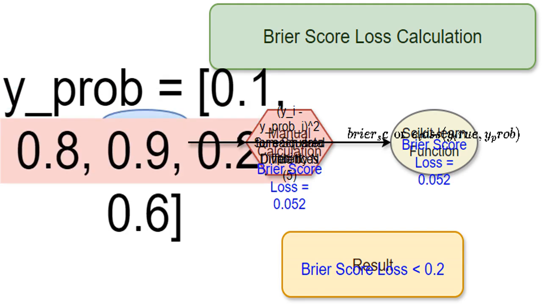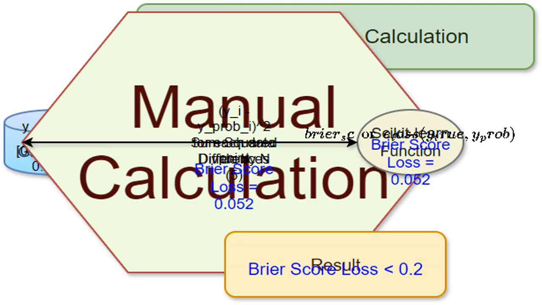This shows the model's predictions of the probability of a positive outcome for each case. The model is pretty confident about the second and third cases being positive, 0.8 and 0.9 probability, less so about the last one, 0.6 probability, and not very confident about the first and fourth cases being positive, 0.1 and 0.2 probability. I'll manually compute the Brier score to check the automatic calculation, although the automatic method is preferred because it's